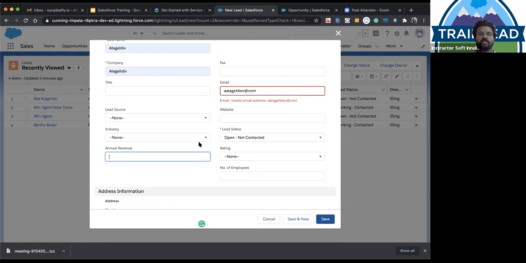Suppose I don't want to accept any data whose annual revenue is less than 80,000. So I will put a validation rule over there so that it will throw an error message, hey, you are putting annual revenue less than 80,000, and the data will not be inserted into the